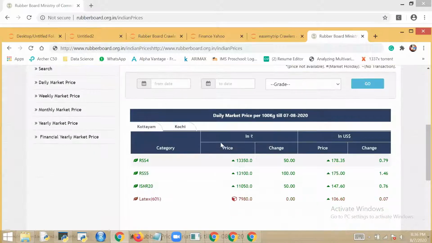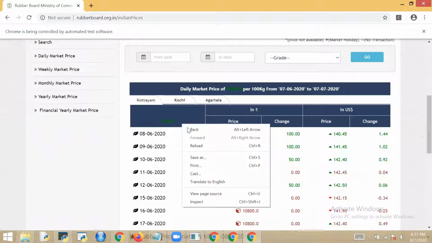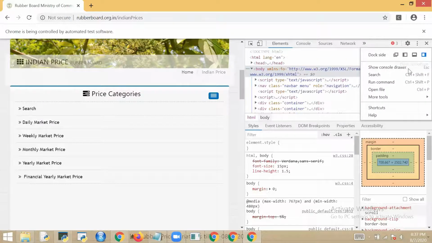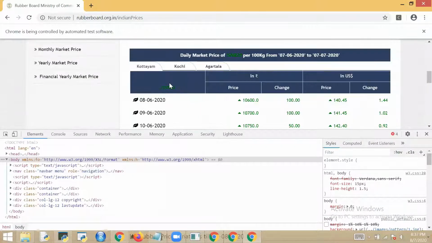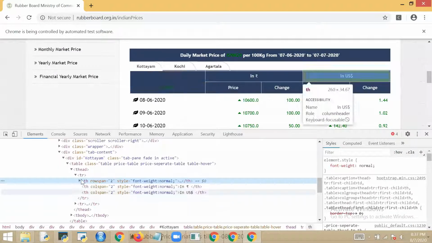What you have to do, this is your table, right? This is your table, what you got as the updated data. Just right click on it, search what table it is. Inspect element. Again, this is sideways. I will do it at the bottom. I will click on this. It will come at the bottom. It has not shown me the highlighted part. Again, I will go and click on inspect element.